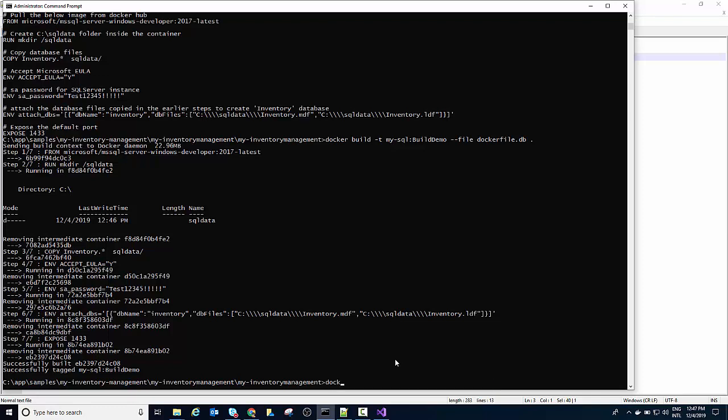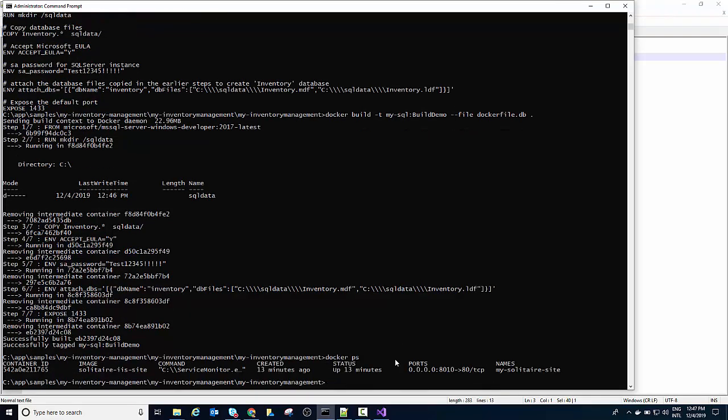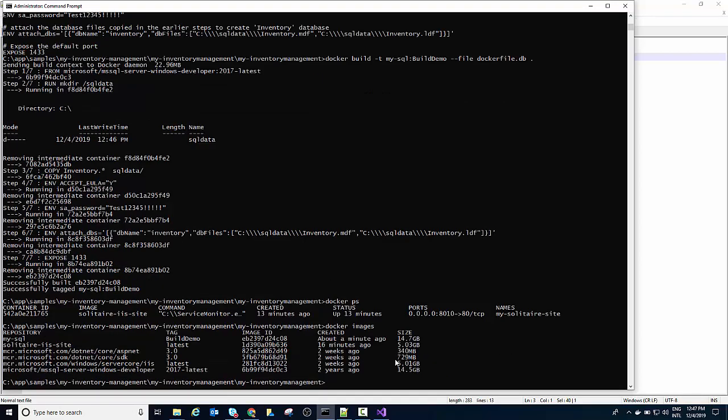Let me show you actually before that, Docker PS. As you can see, only my IIS website is running. I don't have any SQL Server container running. However, in Docker images, I have the SQL build demo, which got created from my previous build activity. So now let's